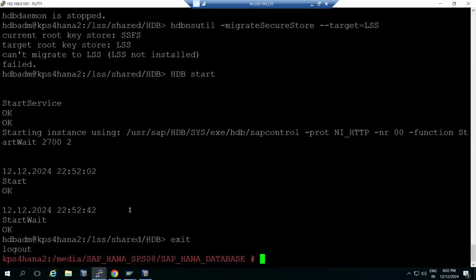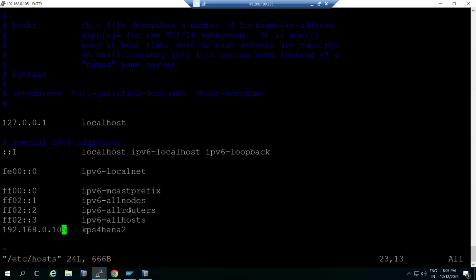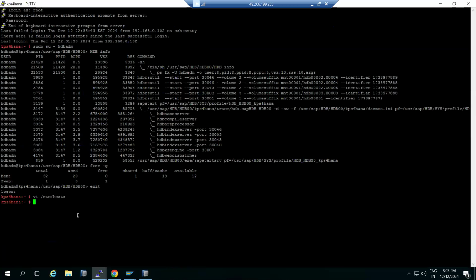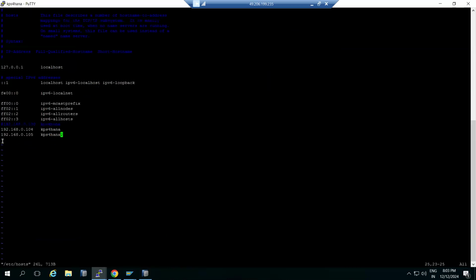Here also we need to add the source details. So vi /etc/hosts file, we have to add the KPS4 HANA 1 details also. So on both the hosts we have to add these details here, right? One is the 104, the second one is the